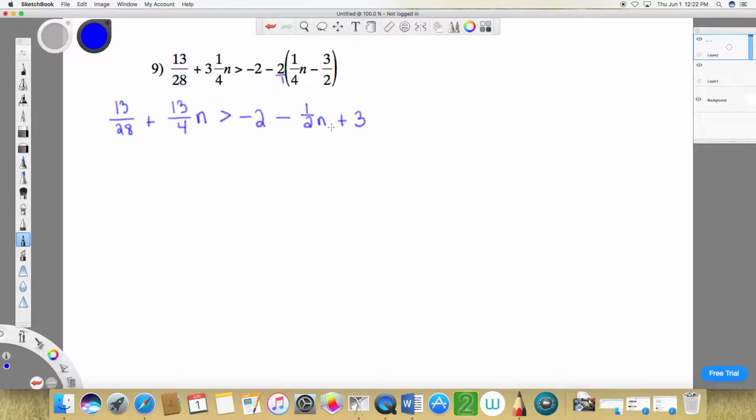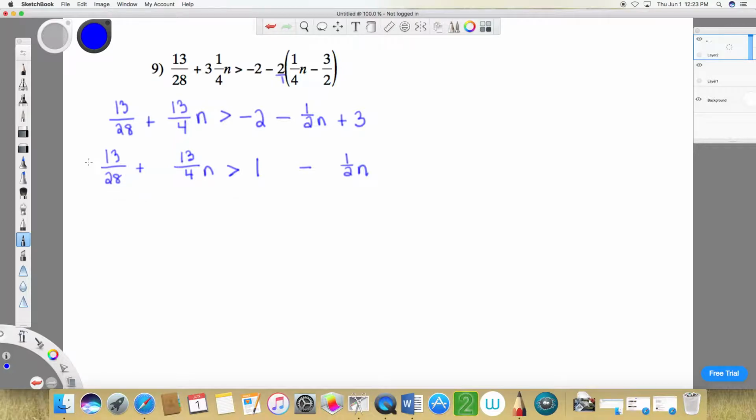Let's look and see. Let's add the 3 minus 2 on the right hand side. So we've got 13 over 28 plus 13 over 4 times n, and 3 minus 2 is 1, so we have 1 minus 1/2 n. So if I look at these denominators of 28, 4, and 2, I can get a common